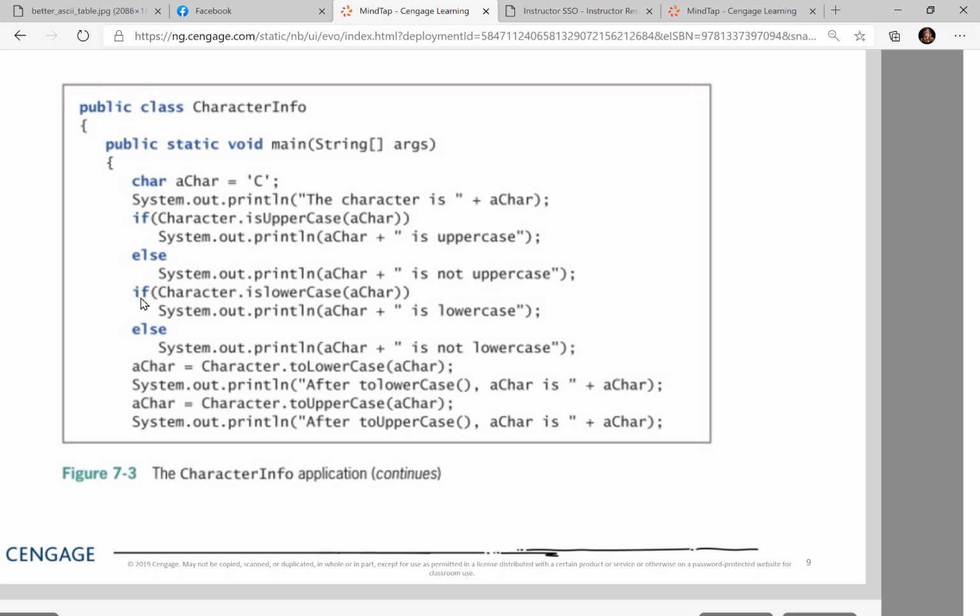Let's come down to our next if statement. If character is lowercase, no, C is not lowercase, so it's not going to do this if statement. It will come down to this else and print capital C is not lowercase. So far, so good. Now, we've got some